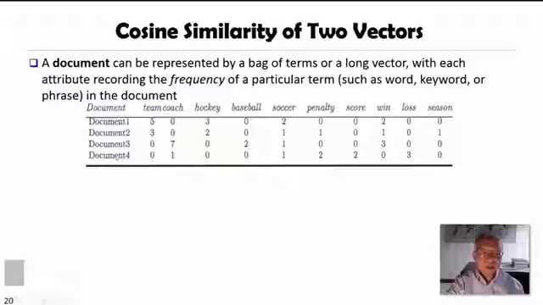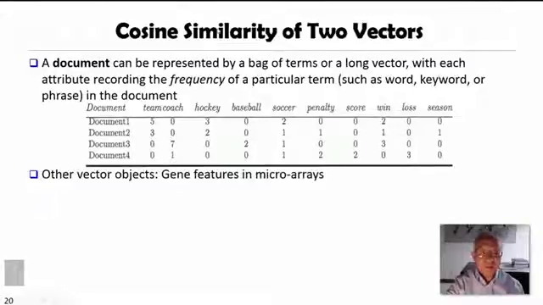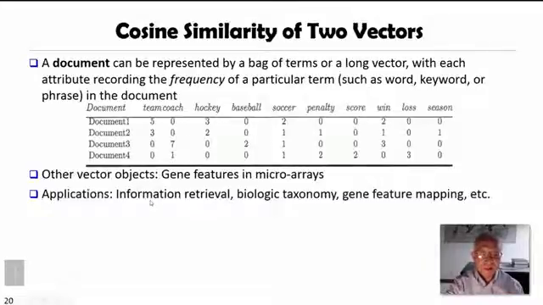So we want to compare the similarity between document 1 and document 2. So how similar they are? We can use cosine similarity to do that. Other vector objects like gene features in microarray can be represented in a similar way as a long vector. For information retrieval, biological taxonomy, and gene feature mapping, like microarray analysis, these are good applications to compare similarity